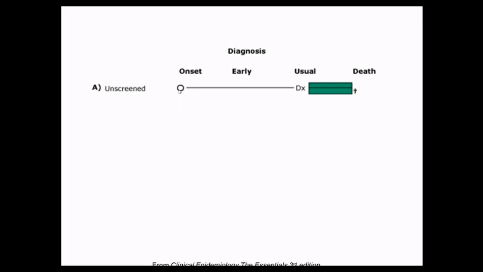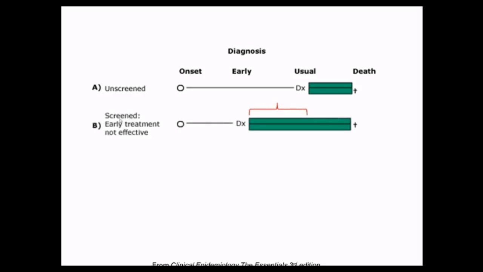So we have an unscreened person, they have the onset of disease. Here's that asymptomatic phase. Here's where symptoms develop and a diagnosis is made. And this green box is the time of survival, knowing you have that disease, and then ultimately the patient dies. Well, if we take a screened population but early treatment is not effective, what you can see here is that